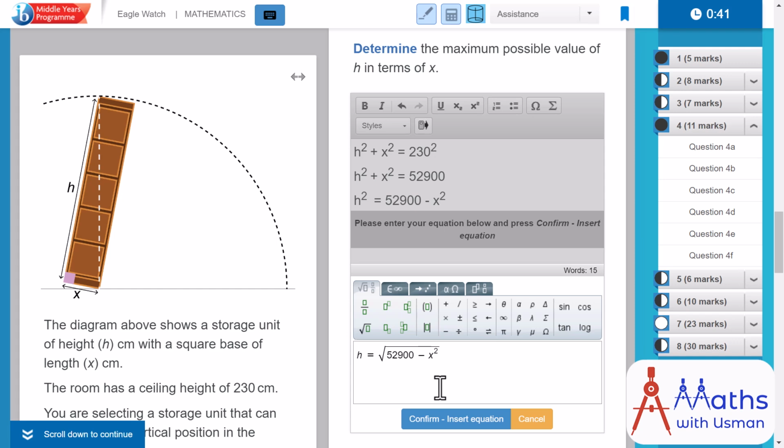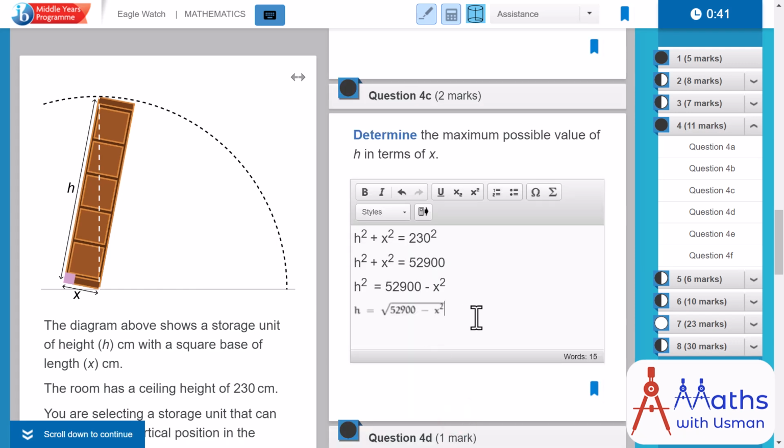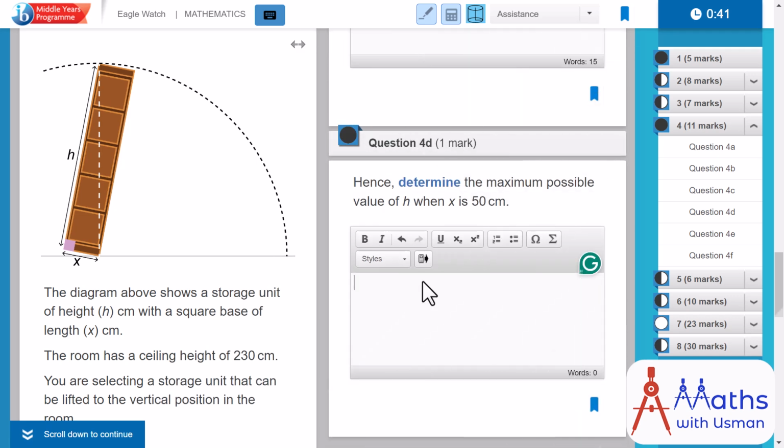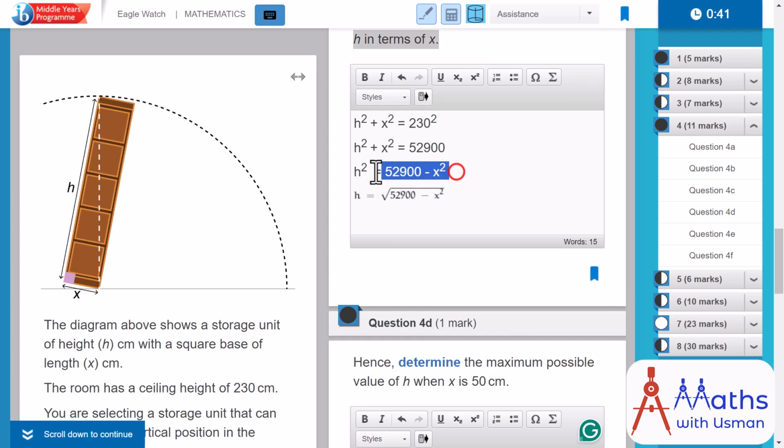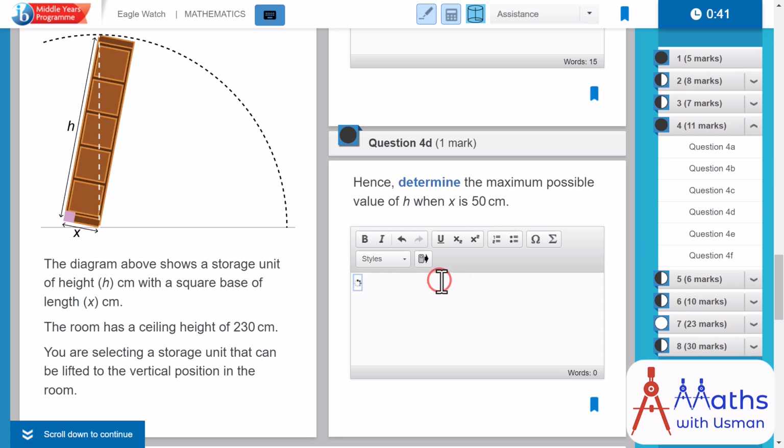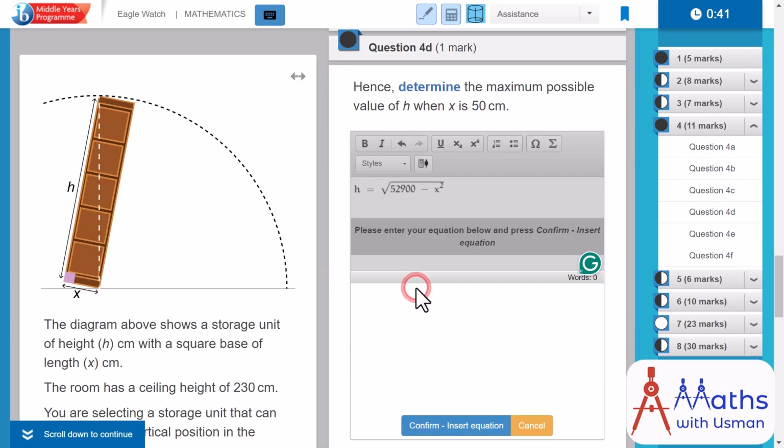So I'm just going to insert this, and this is my final answer for the value of h in terms of x, meaning I'm finding the answer of h, but my answer will not only contain a whole number, it will also contain the alphabet x, which it does. Now I want to find the value of h when x is 50, which means I need to use this formula. So I can either Control C, Control V this. So copy paste it, it's down here again, and then I would basically double click this. So if you double click this, it re-enters itself.